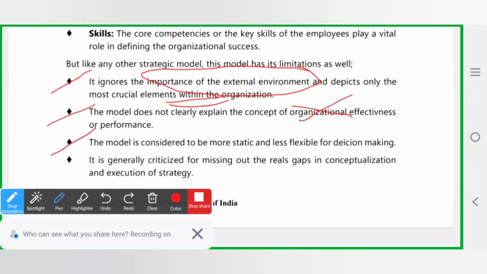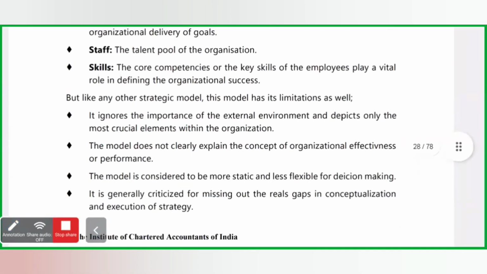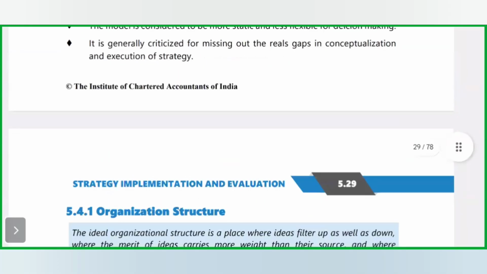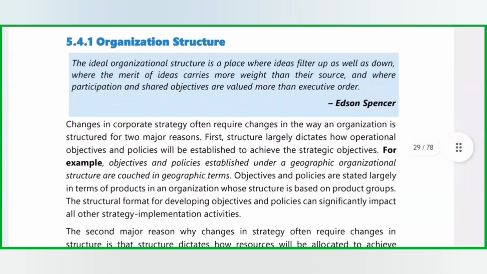The model is considered to be more static and less flexible for decision making. यहाँ पे decision का spelling wrong हो गया है. Sorry. It is generally criticized for missing out the real gaps in conceptualization and execution of strategy. All right, is this clear? Yes, ma'am. Okay, then we have organizational structure, which is defined by Edson Spencer as the ideal organizational structure is a place where ideas filter up,